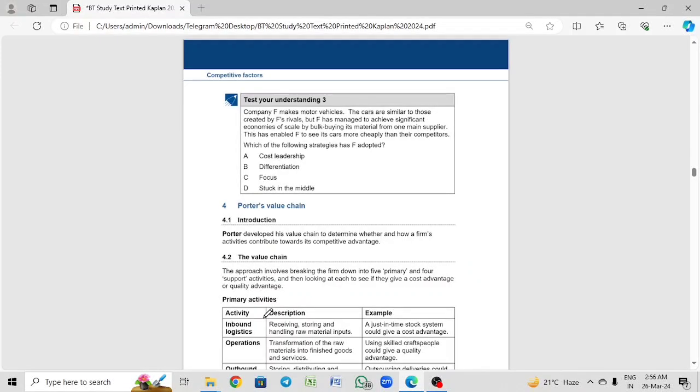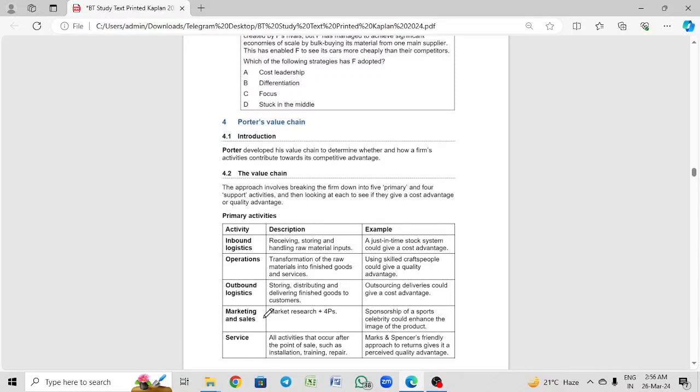नेक्स्ट इज द पोर्टर्स वैल्यू चेन, ठीक है। पोर्टर्स वैल्यू चेन क्या है? पोर्टर डिवाइडेड द एक्टिविटीज इनटू टू टाइप्स, द प्राइमरी एक्टिविटीज एंड द सपोर्ट एक्टिविटीज, ठीक है। प्राइमरी एक्टिविटीज आर द इनबाउंड लॉजिस्टिक, फॉर एग्जांपल बाइंग द रॉ मटेरियल, procuring the raw material, storing the raw material and handling the raw material, ठीक है। operations, ठीक है, number 2 operations is turning the raw material into finished goods, like I told you, for example if I'm in the business of manufacturing shirts, ठीक है, buying the raw material, buying the cloth, buying the thread is my inbound logistics, converting the fabric into shirts is my operations, ठीक है।